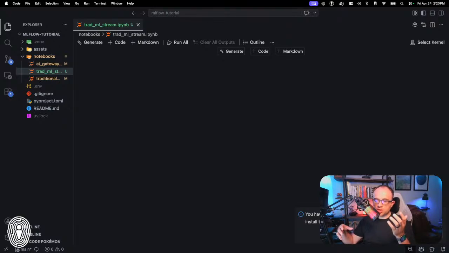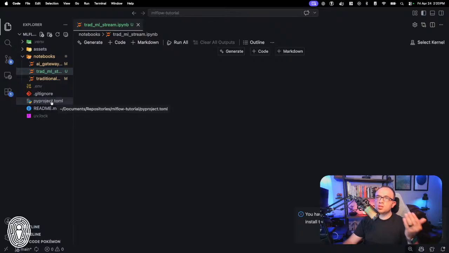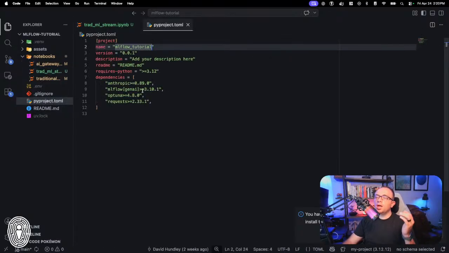And so the very first thing that we're going to do here is demonstrate how to do hyperparameter tuning and some cool things that MLflow offers to support hyperparameter tuning. We are largely going to be making use of just scikit-learn today, so you may need to install scikit-learn. Now, keep in mind that I am using UV here. If you want to look specifically at the dependencies that I am using, simply go to this pyproject.toml file. If you do a git clone of this and you have UV installed, you could just do uv sync and then you'd be good to go.